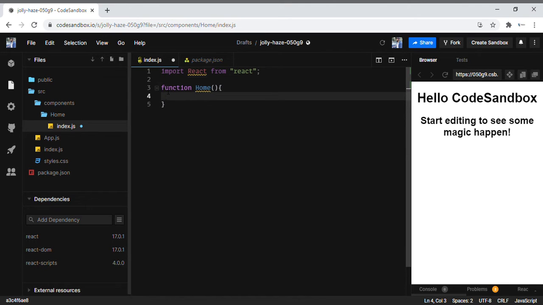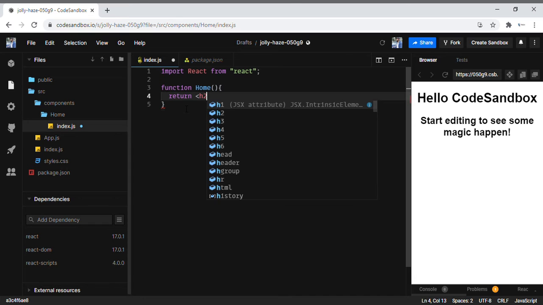Now to this, what I am going to do is return an HTML structure kind of thing. Here I'm going to return HTML. I'm just going to give a heading one, Home.